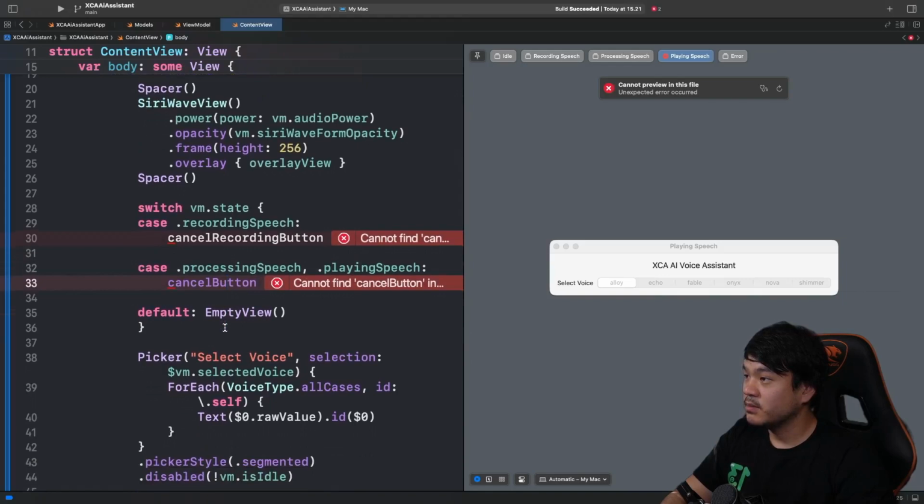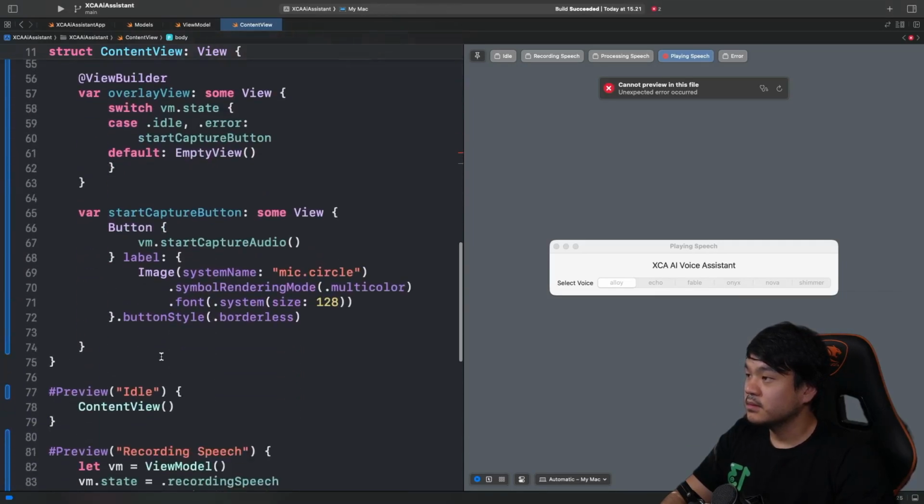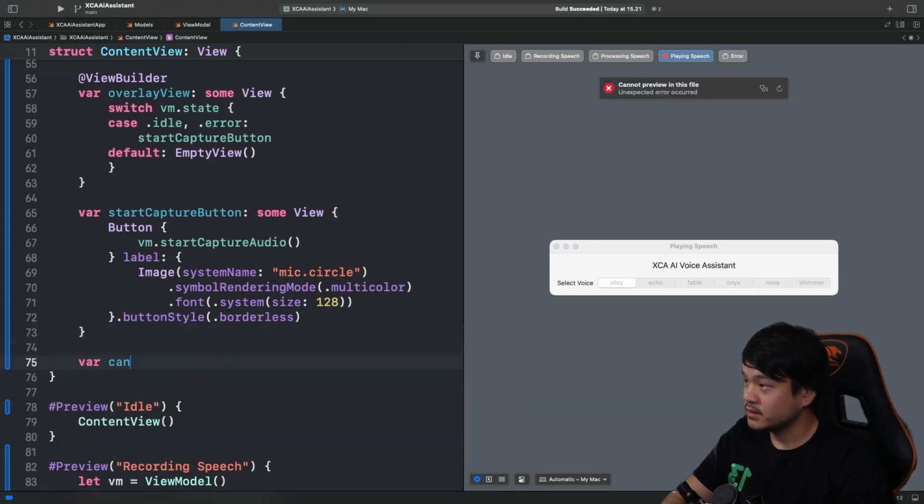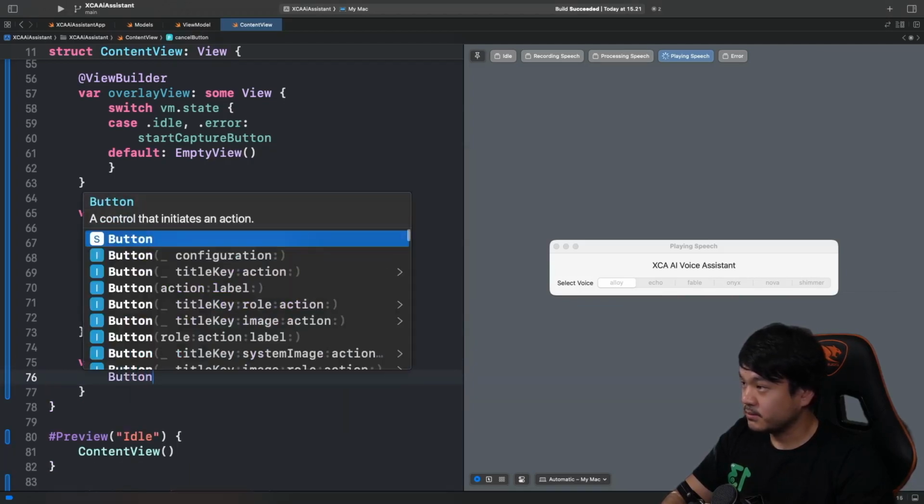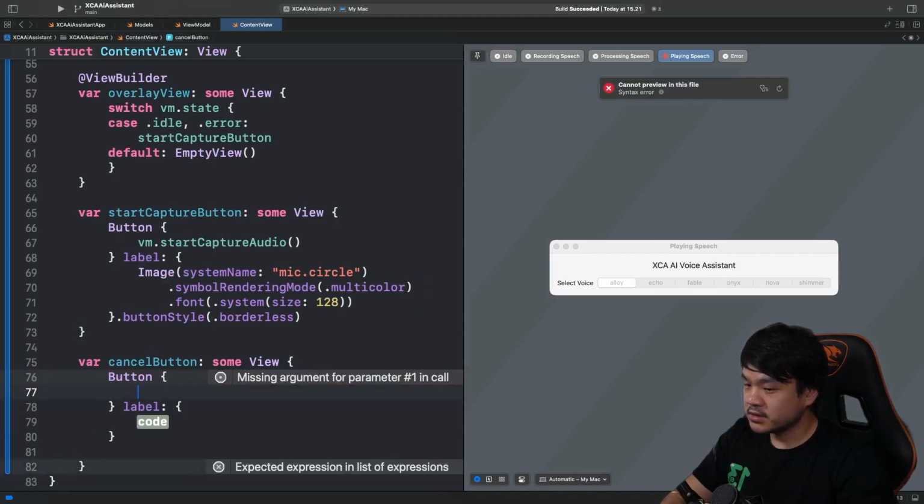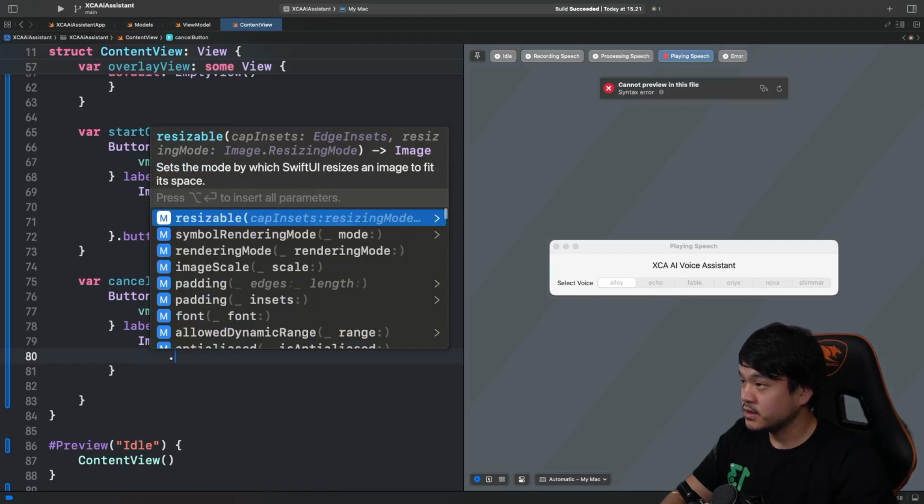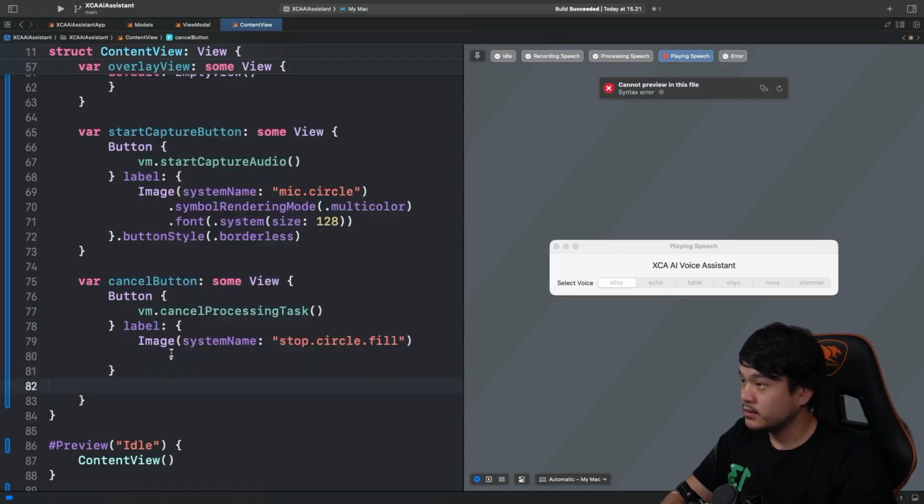Now let's declare this cancel recording button and cancel button here. So below the start capture button, let's begin with the cancel button. For the cancel button, let's just declare a button with the action and label. For the action, let's just invoke cancel processing task. And for the label, let's use SF symbol again, system name of stop.circle.fill. This will be shown when we make the connection to the OpenAI, and also if we are currently playing